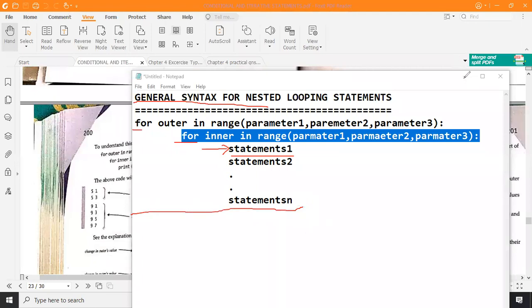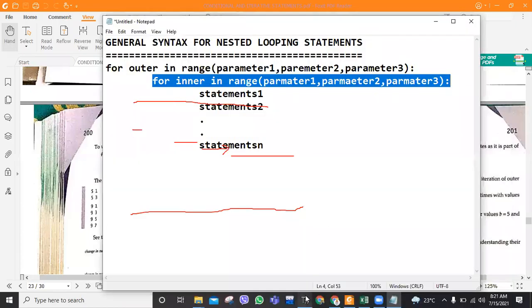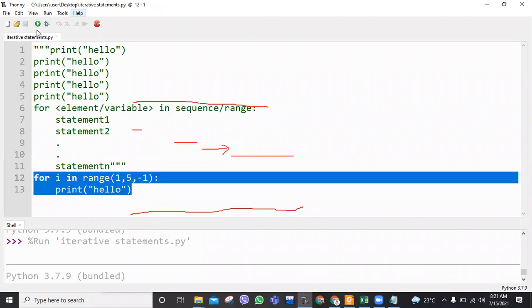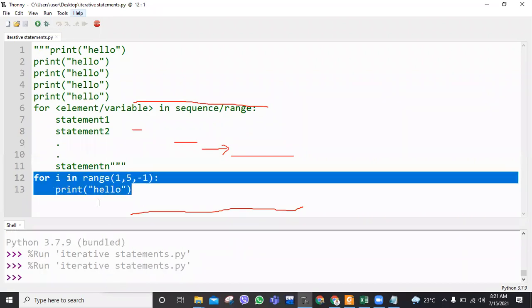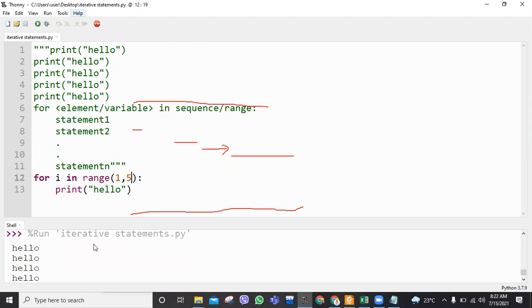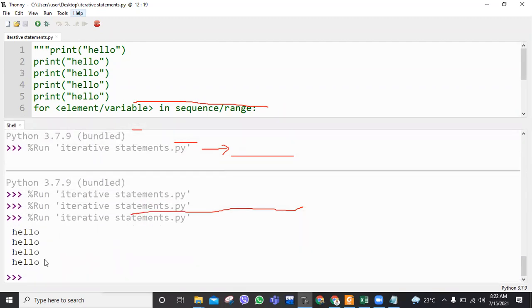Similarly, whenever we see some output on the console, we have to imagine the lines. So what I mean to say is, just try to remember here, if I just execute this code, see, nothing is printed. Why? Because this is not correct. So I'll simply execute this. On this console, the output is displayed as hello, hello, hello, hello.